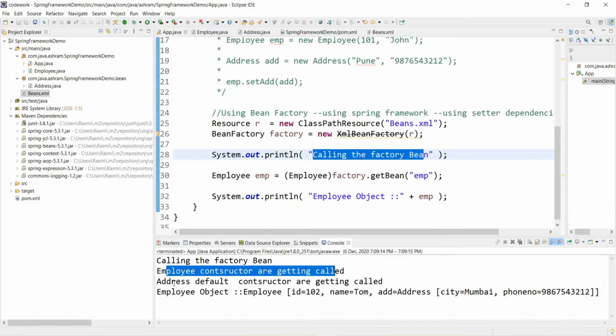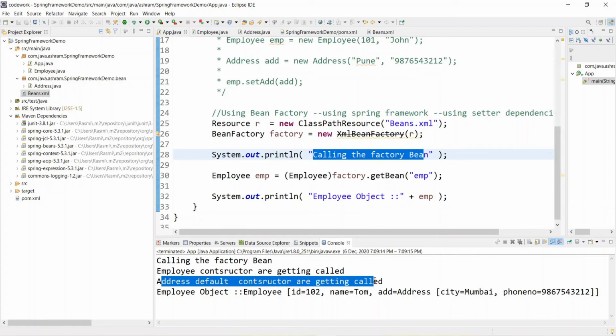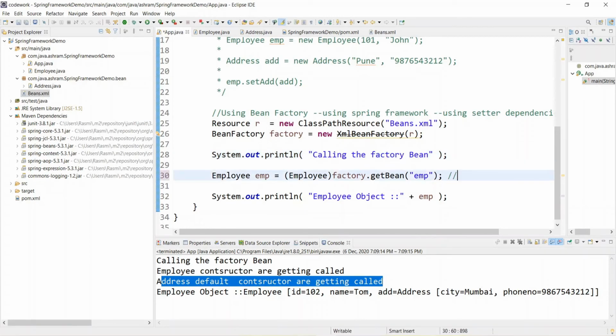Because the employee has a dependency on address, the address default constructor is then called. So this is called lazy instantiation.